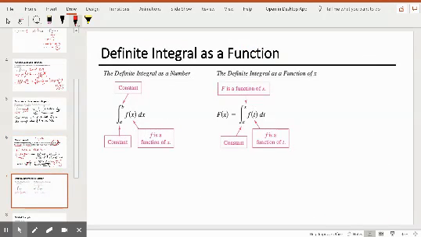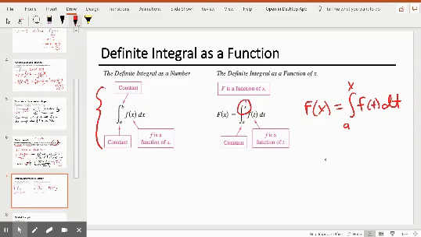Next, we look at using the definite integral to define a function. We've been working with the definite integral where we have constants in the bounds of integration from a to b. But now we're going to be looking at the definite integral when we have a variable in the function. So from a to x instead of from a to b. And what this says is F of x equal to the integral from a to x of f of t dt,